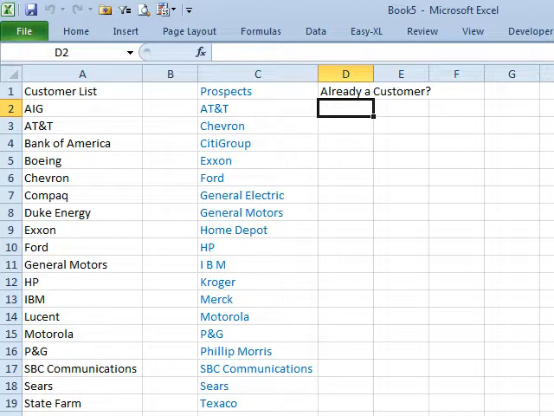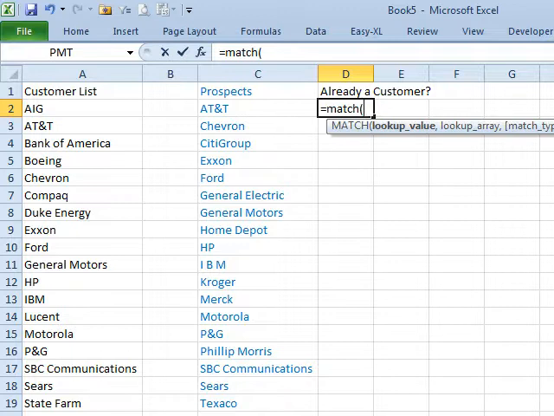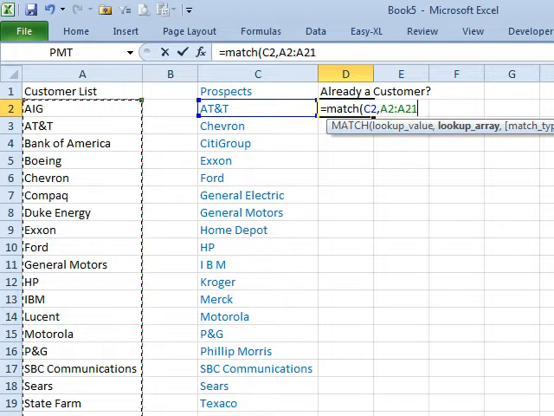So, some magazines gave a list of all the top warehouse customers or top warehouses or something. He says, hey, figure out which of these people on this prospect list is already in our customer list. And she says, is there a function that will do that? Well, sort of. Okay, so we want to look for AT&T in this list of customers, and I have a short